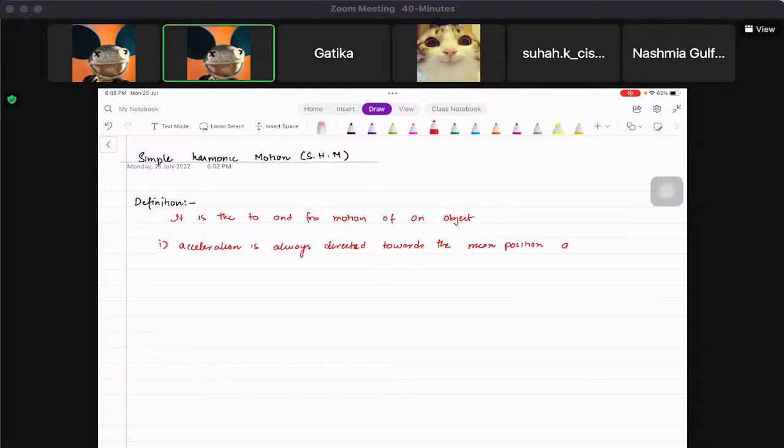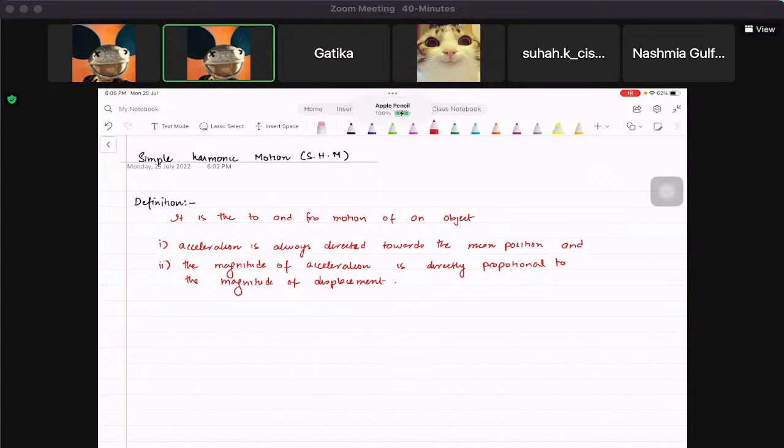and the second mark is for writing the magnitude of acceleration is directly proportional to the magnitude of displacement. Okay, so you can combine this if you want to, but I just want to tell you that you need to focus it here. Okay,